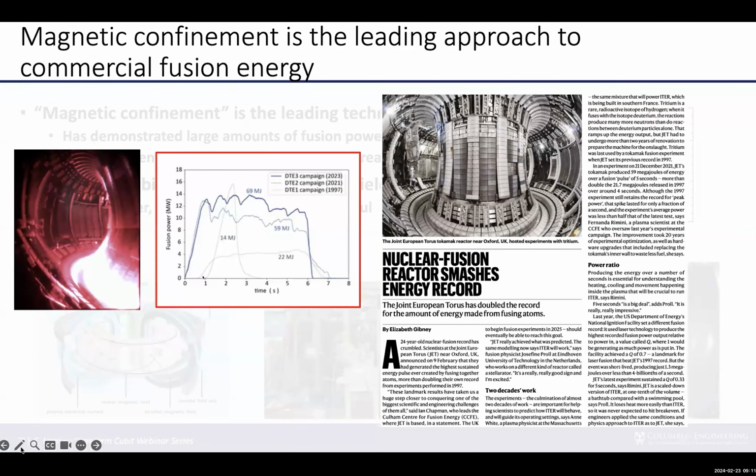So this is a pulse device, only runs for a few seconds at a time, but you can see here during this 6-second period, they produce continuously about 12 plus megawatts of fusion energy. So a significant amount of energy from fusion in these devices and in a fairly stable way throughout the discharge. So this is sort of what provides the confidence that now we got to push forward and develop this as